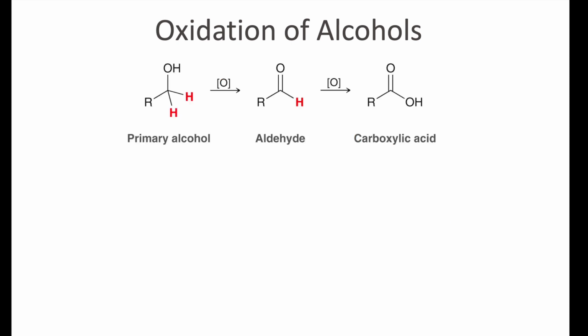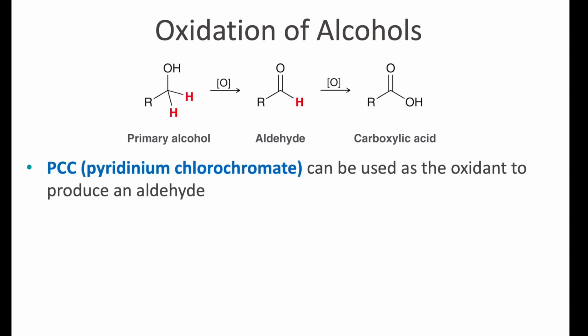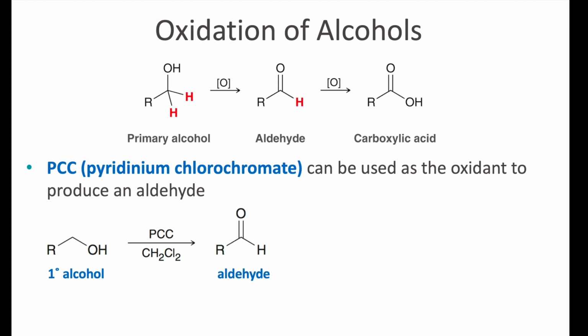So let's say you have a primary alcohol and you use a Jones reagent, it will oxidize your primary alcohol all the way to carboxylic acid. There's no way of stopping that. But let's say you want to stop at an aldehyde from this primary alcohol. How do you do that? So the answer is don't use the Jones reagent. We're going to use a weaker oxidant. So we're going to use what is known as PCC, or pyridinium chlorochromate. So again, if you have your primary alcohol, if you add in PCC with dichloromethane as your solvent, it will